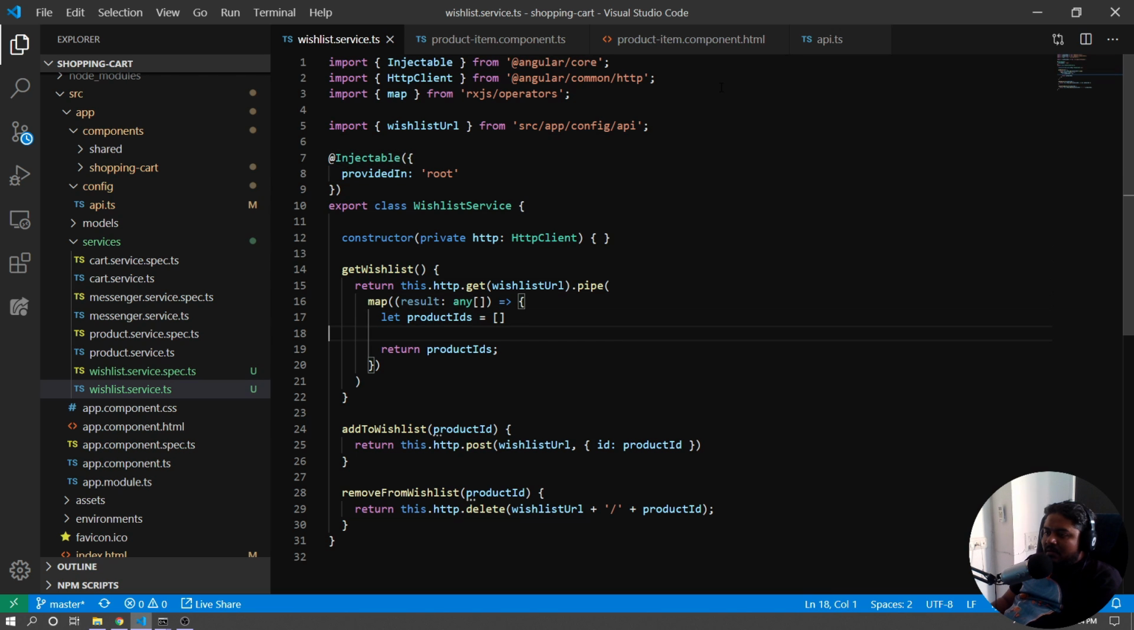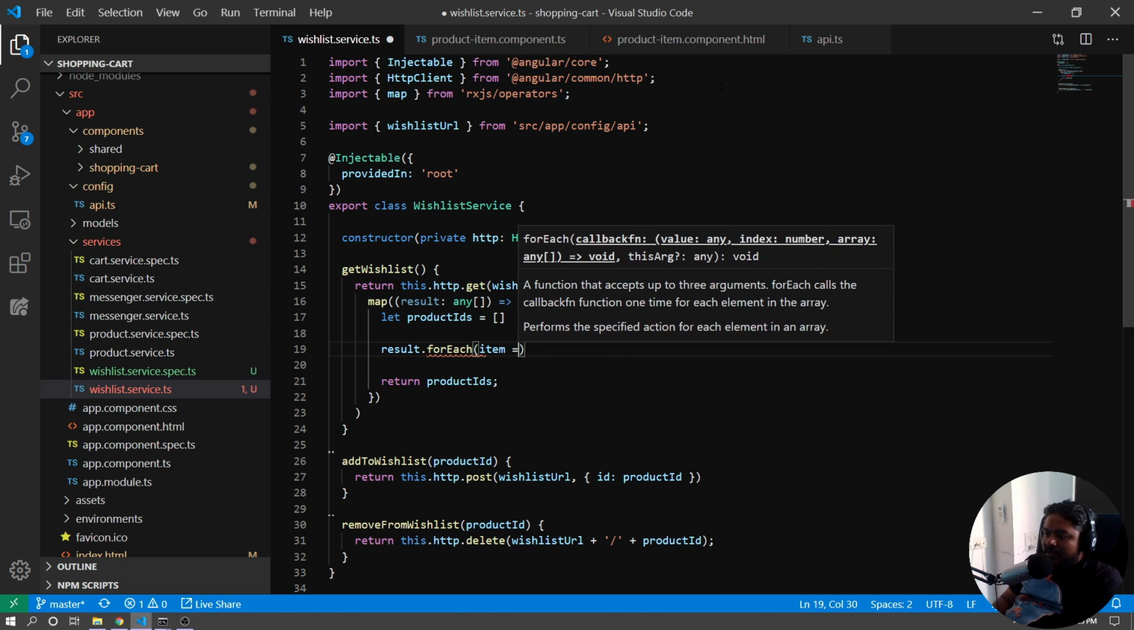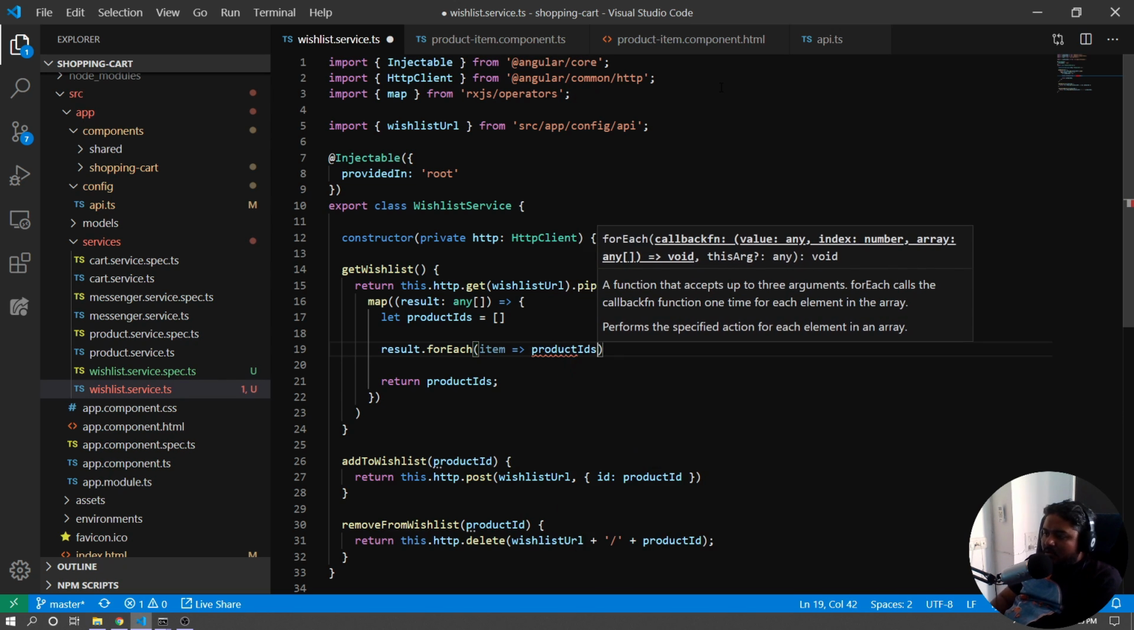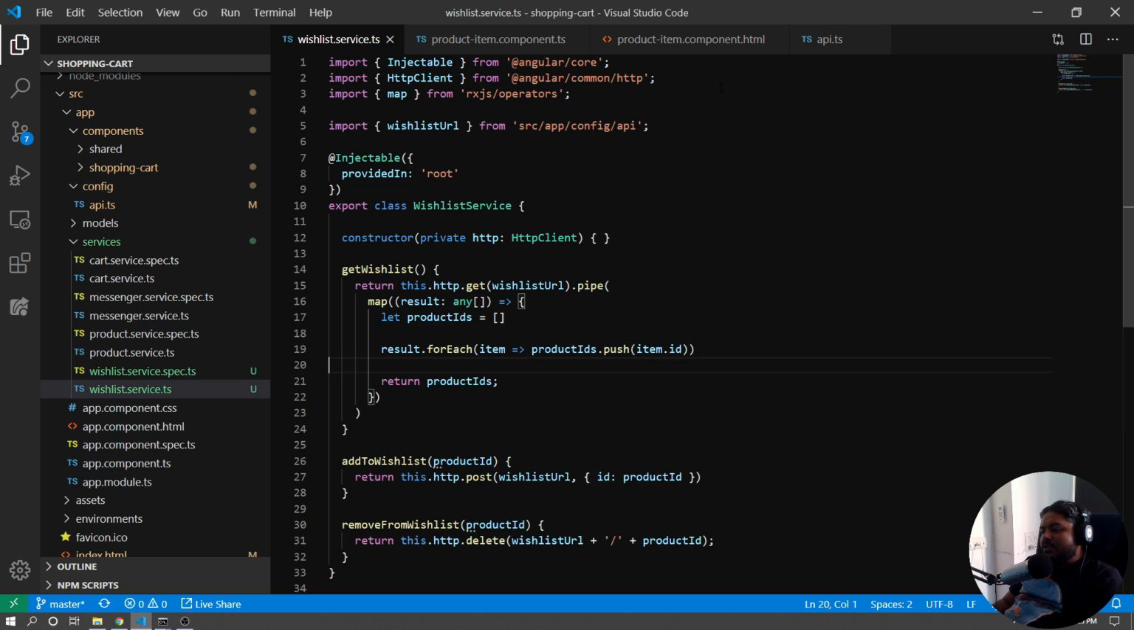and result is an array, which means result.forEach. We would have an item, and this item can be pushed. So product IDs dot push item dot ID. So at the end we get an array of product IDs only. All right, so now we go to the product list,